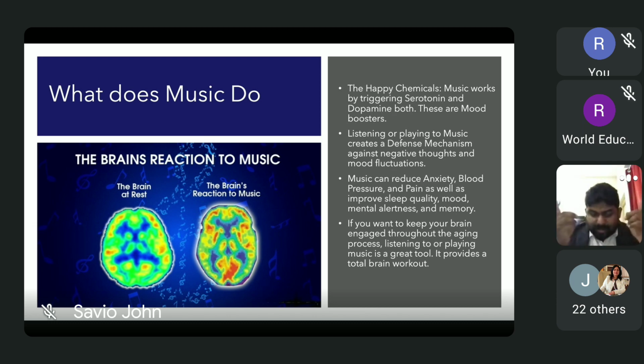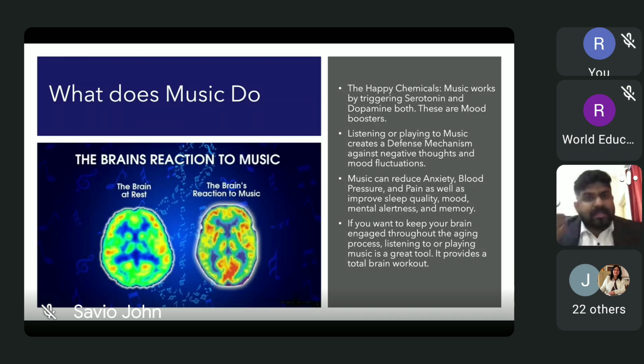When the brain listens to music, there are some chemicals which the brain secretes as a response to the music that they're listening to. So these are serotonin and dopamine. Other than these two chemicals, there are other chemicals also which the brain generates. But these two chemicals are mood boosters. We call them happy chemicals, and we see that cases in stress or depression or anxiety are a lack of these chemicals. So even the psychiatrist would be giving medicines which would boost these chemicals, serotonin and dopamine.